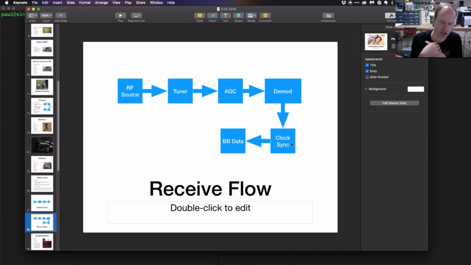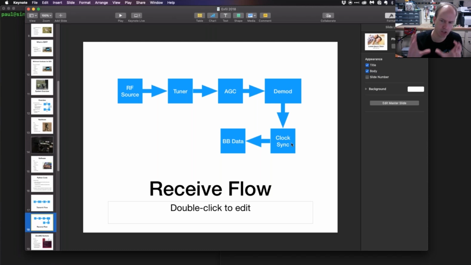which is clock synchronization. That is probably one of the most mysterious parts of GNU Radio, and there are definitely attempts to explain it online, but it's tricky. This is one of the things that I focus on a lot in the second class, the intermediate SDR class I teach, the second one you'll see on the Black Hat schedule.